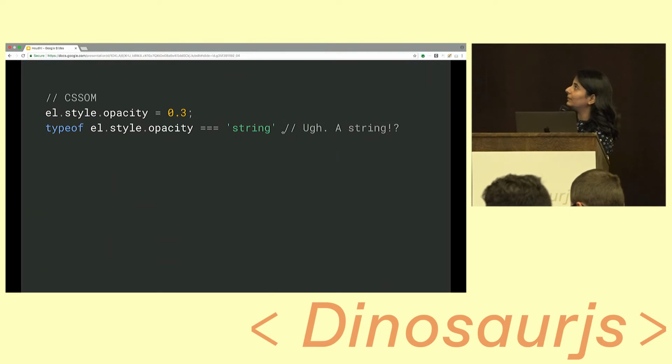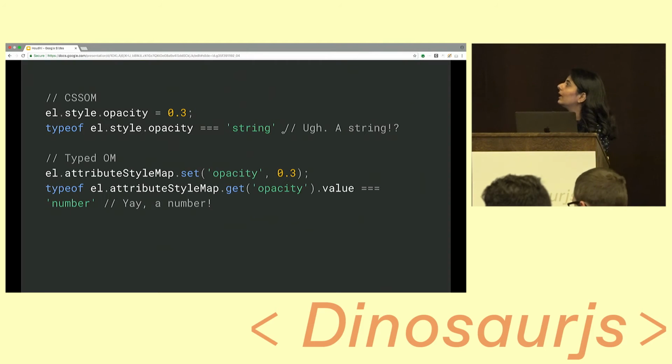Now, instead of using element.style, in Typed OM we would go and use element.attributeStyleMap. attributeStyleMap is a map, so you can use any kind of map-like features, get, set, keys, entries, whatever suits your fancy. And here you can call the set operator and set the opacity to 0.3. And then when you get it back, it's actually a number, which is great because that is something you can work with. You can increment it by 0.1 as you increase the opacity,